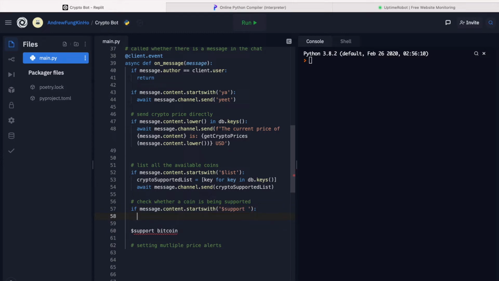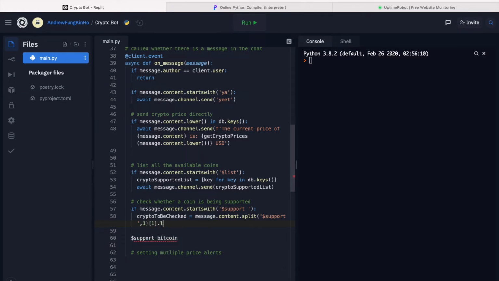We first define a variable which is crypto to be checked equals message.content.split. So what do we split by? We split by the support, comma 1, and then we get this is the first item and this is the second item, so it's 1.